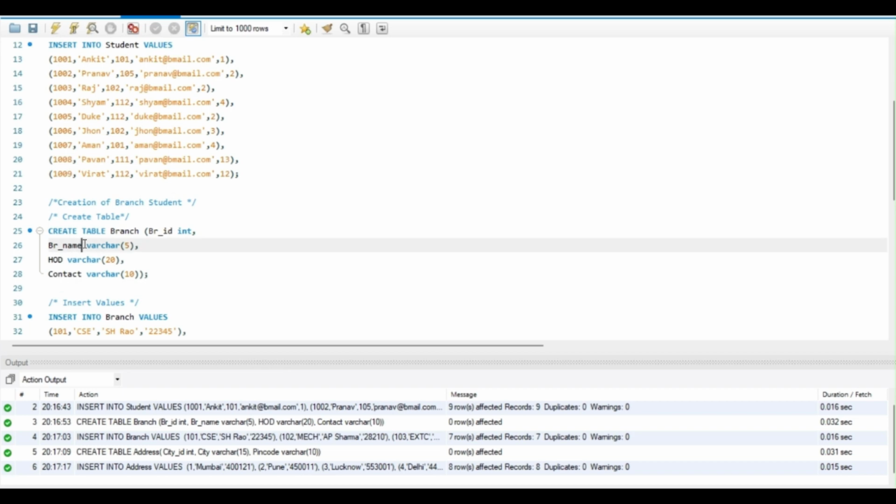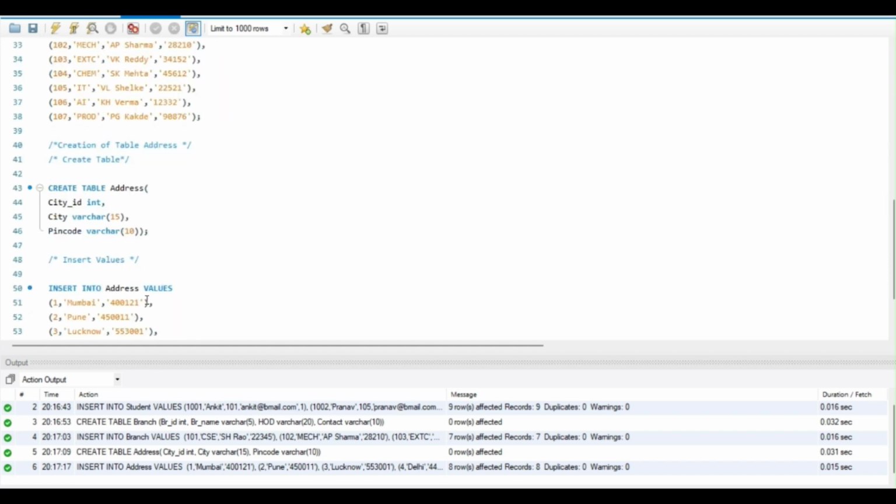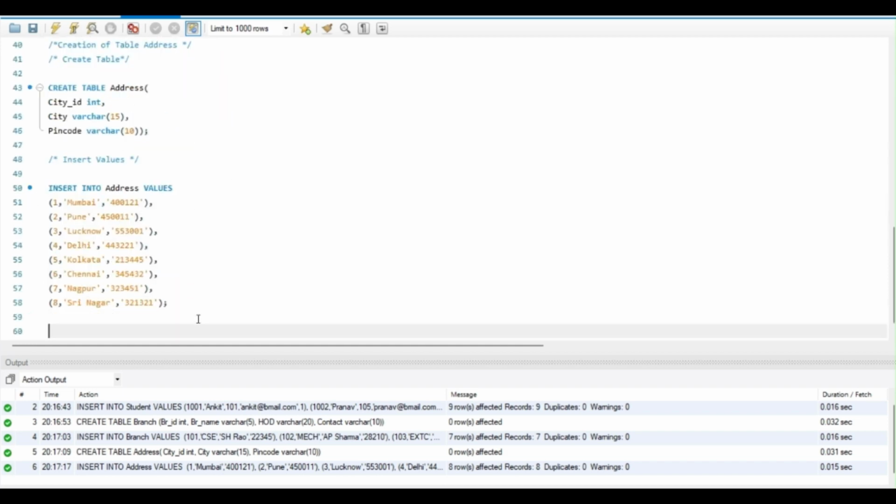So here in branch table, what we can see, we are having only branch ID, which means if I want to bring up some connection between my table 1 and table 2, I should be using branch ID. This will be helping me to create a connection between those. So what I am going to do is I will write another query which will be like select star from